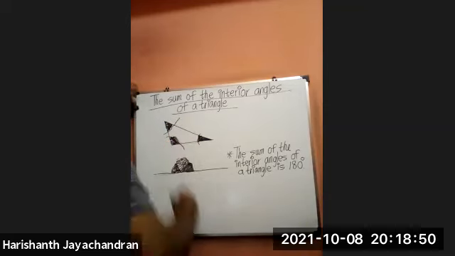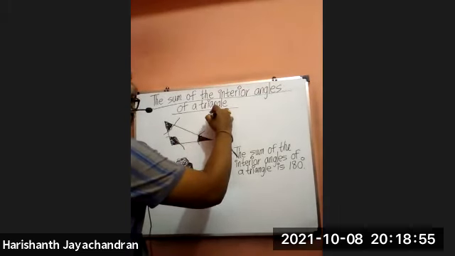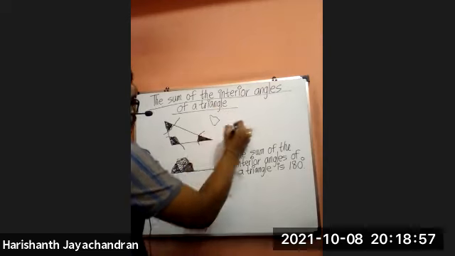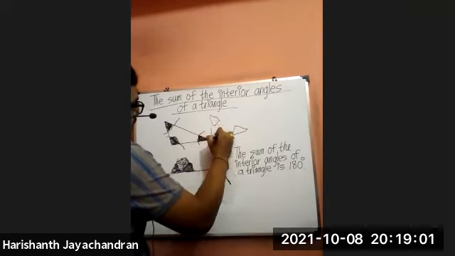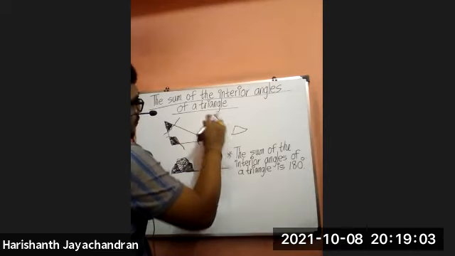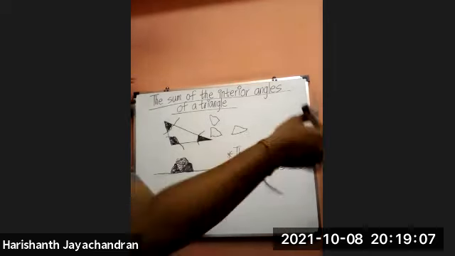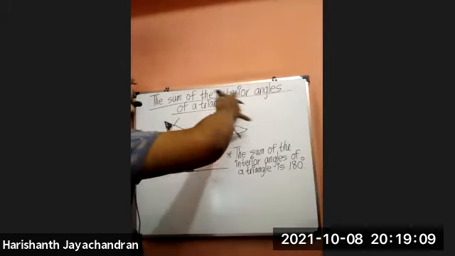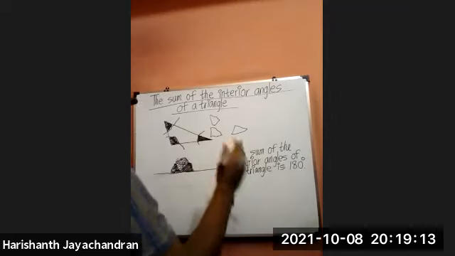So if you all have cut at these places, you would probably get a piece like this here, another piece like this here, and another piece like this here. Then try to fix all of these together. If you could try to fix all these three pieces together, it would probably